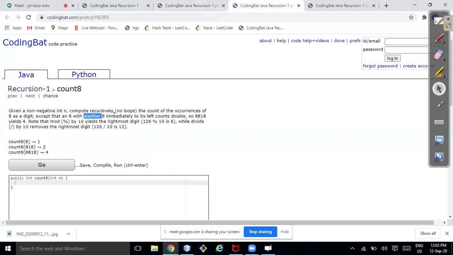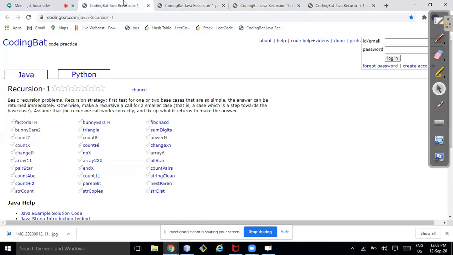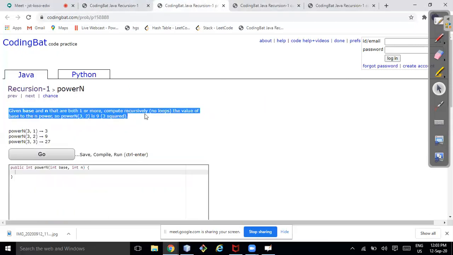I don't think anything is there except the wordings. So don't try to solve this type of problem. No one will give you such a problem where wordings are the only important thing. But I'll solve this one also, don't worry. So try to solve this power function. You just need to compute the power. Okay, you have 10 more minutes.